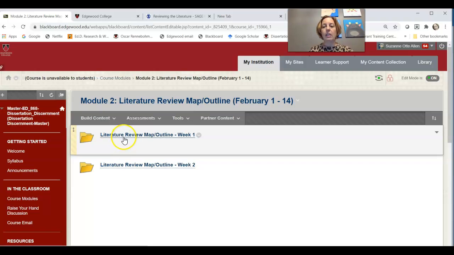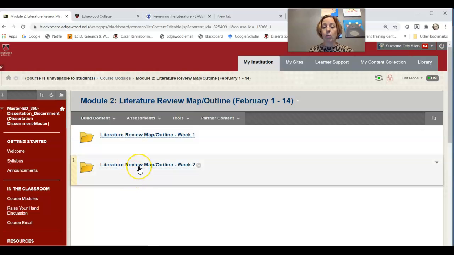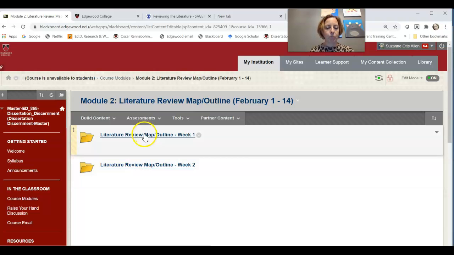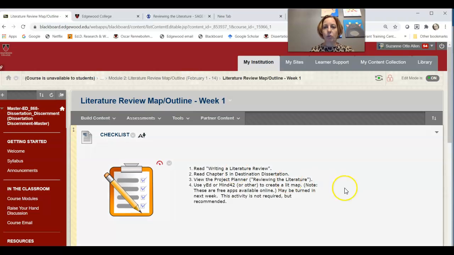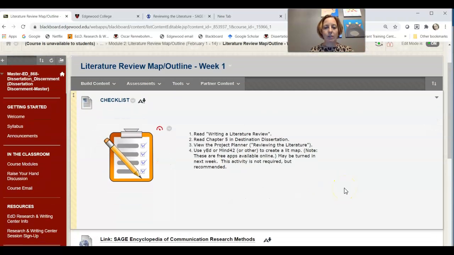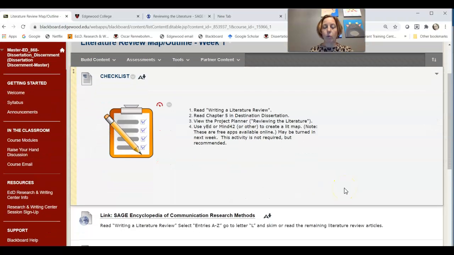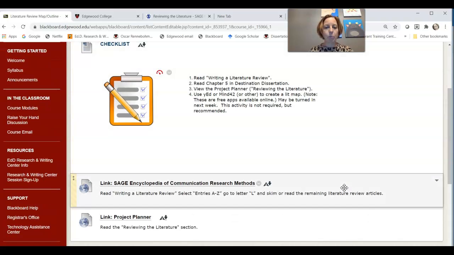And as you can see, we have this split up into 2 weeks. The first week is going to primarily be reading, and the second week will primarily be doing. In this case, you're going to be creating your outline, map, or draft. So when I look in this first week, you can see here's a checklist of the 4 things that you can work on. The first one is writing a